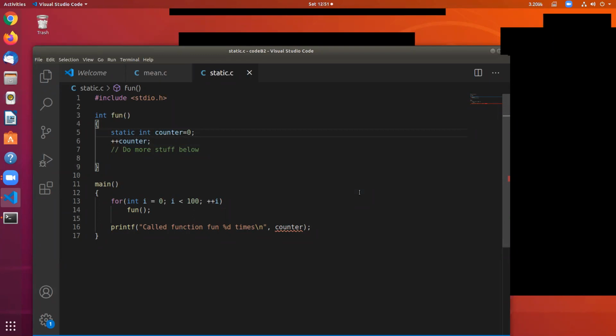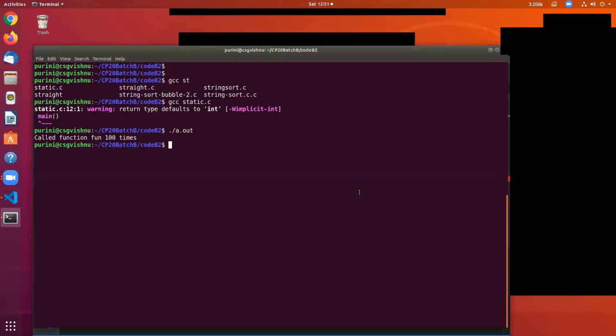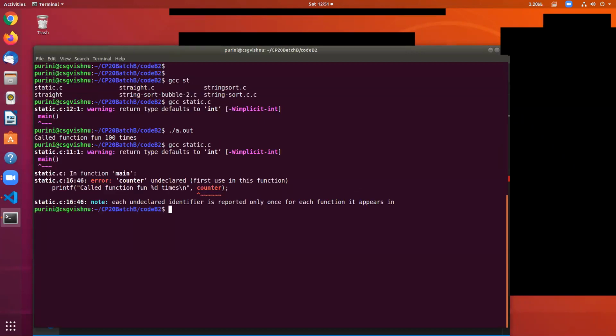When we make a local variable a static integer, the lifetime of the variable is throughout the program execution time. That is, even when fun is not active, the memory that is allocated to counter will still be there. So when you enter the program for the first time, the counter will be equal to 0. And when you call fun again, the counter value will be equal to 1. So it gets incremented, so on and so forth. So if you compile this program now,